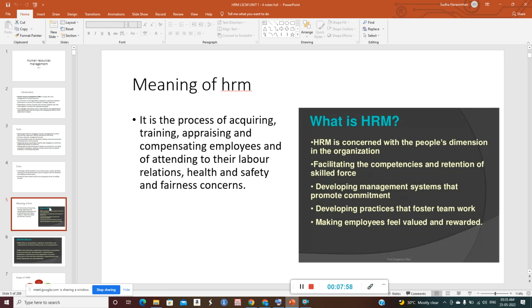So it's important that competent people are looked into. For this, two important factors come along, K and S, knowledge and skills, which are the two main components of these competencies. People who are really working hard for the organization need to be retained because, based on the skilled force, the organization will be well known in the markets.